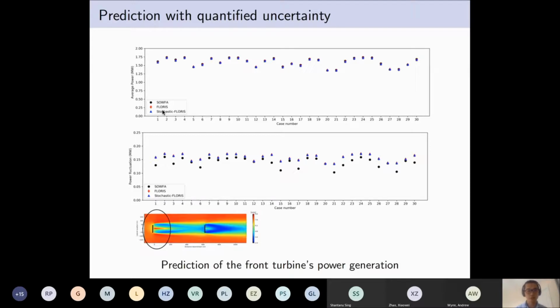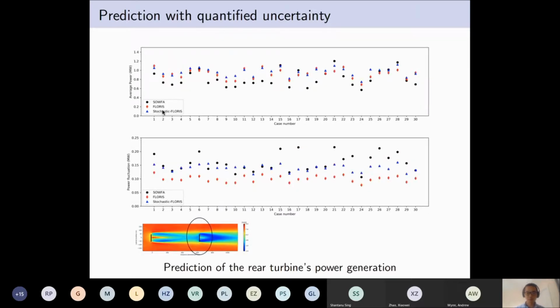We can see the FLORIS and the stochastic FLORIS give exactly the same results, which is reasonable, as we can see here at the bottom. The front turbine is operating in free stream, so the wake prediction does not have impact on the power generation of this turbine. So we are mainly interested in the rear turbine's power generation.